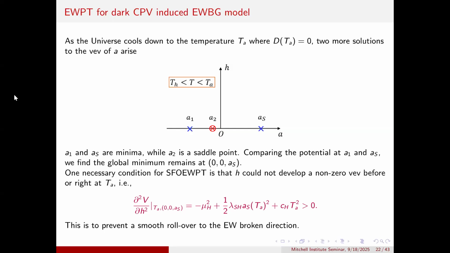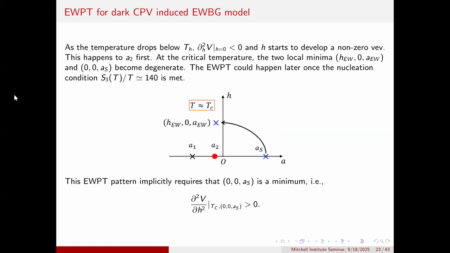Okay. But later on, this is a separate minimum. So A1, A2 are in the A direction, but then what's the purpose of this A1 and A2? Why, what would this A1, A2 do? Oh, they don't do anything. They are just here because of a mathematical requirement. So the actual transition is this AS to H. So A1, A2 are kind of dark minima, so the universe doesn't see them.